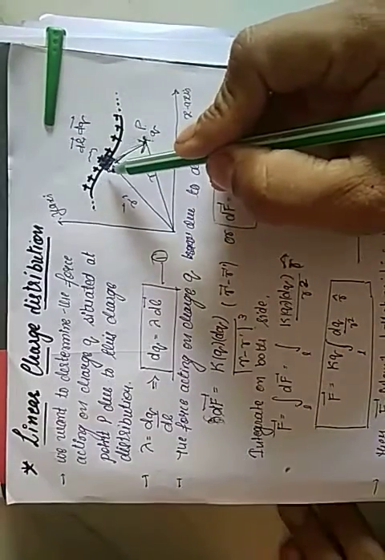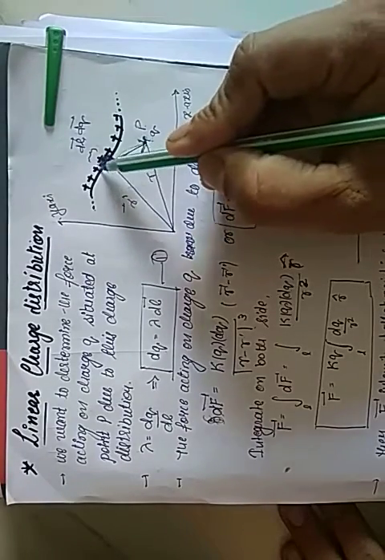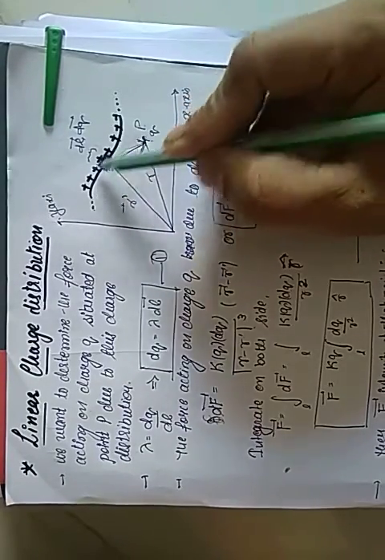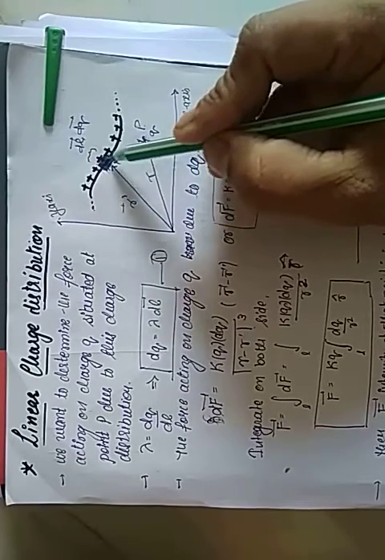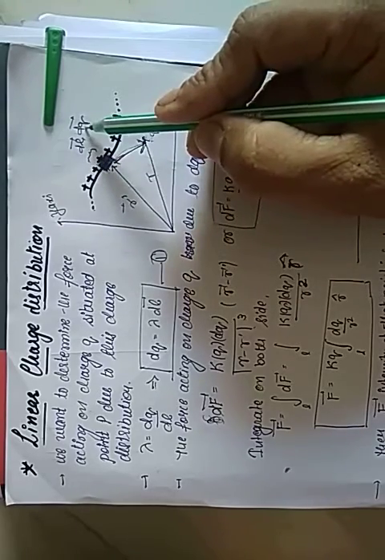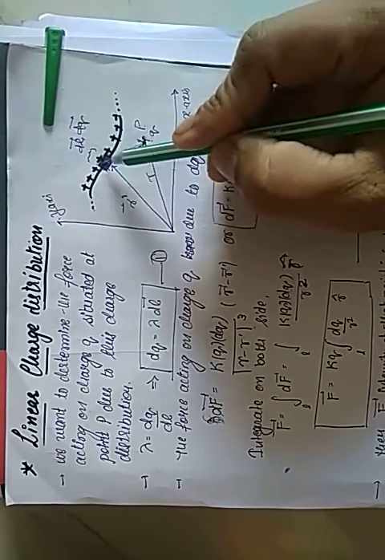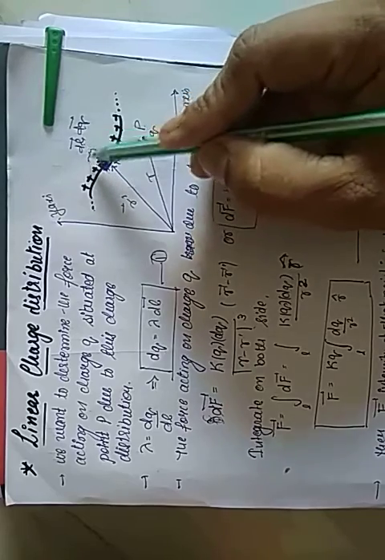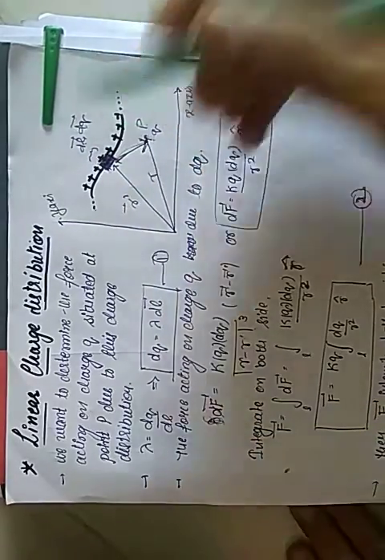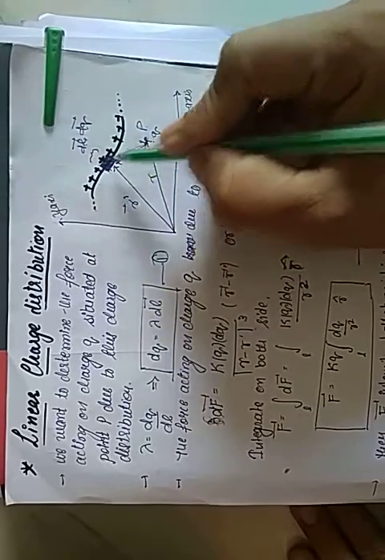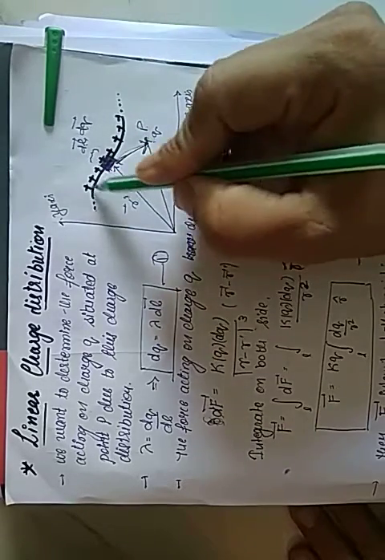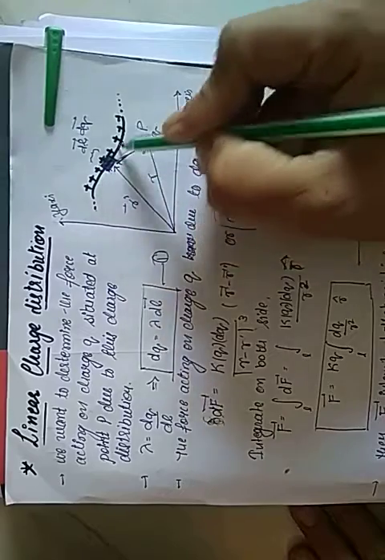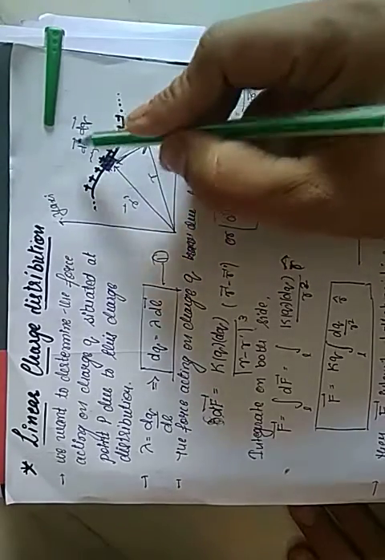So what we are going to do is cut one small segment from the wire. This is the whole wire. If we cut one segment, it has a very small amount of charge, dq, and its length is dl. Because as we know, if we have a number of small segments and we integrate all of them, what is the meaning of integration? Addition. If we add all the charge, we get the total charge. If we add the small segments, the numbers of dl, we get the total length.